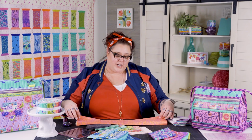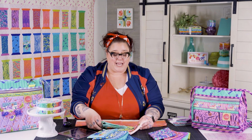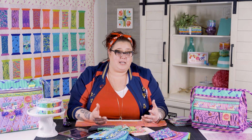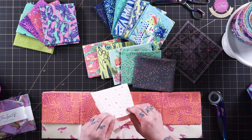So we've got our passion, we've gathered our supplies. Now it's time to plan. So we plan by getting out our rulers and our cutting mats and figuring out, what size pieces are we going to cut? Is it a pattern? Is it something we're going to make on the fly? Is it something we've made before? So this piece actually